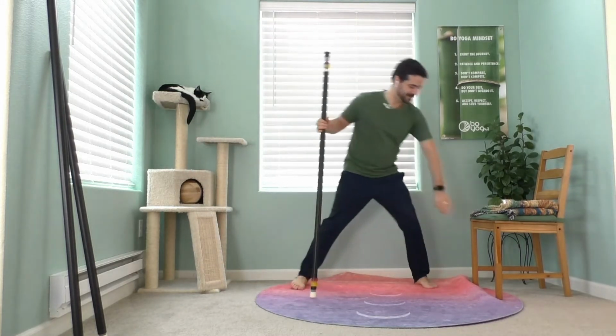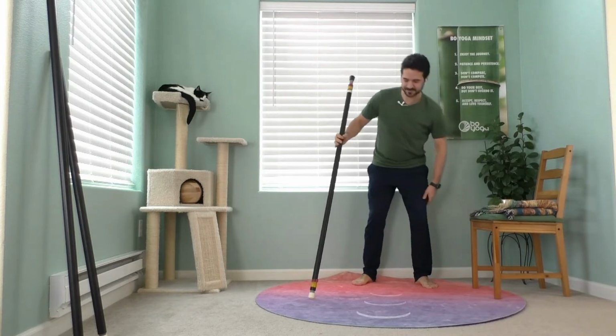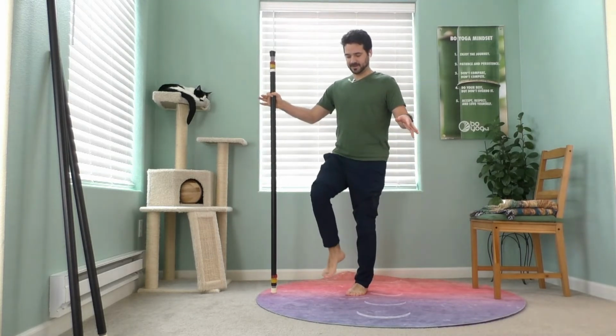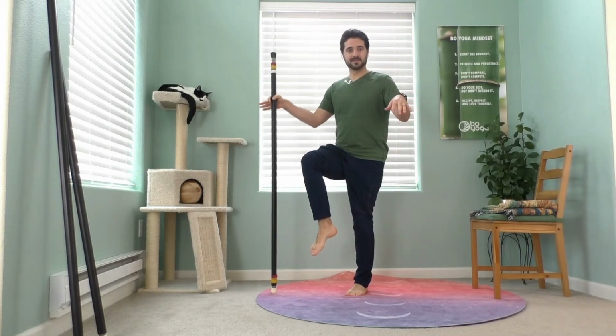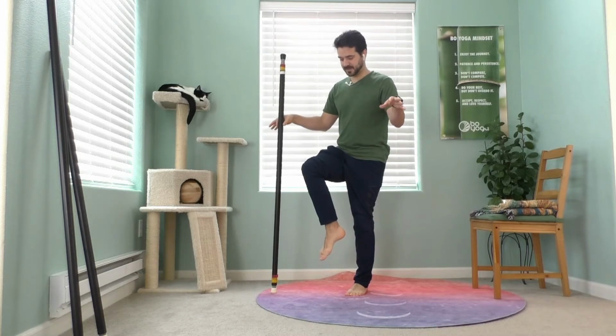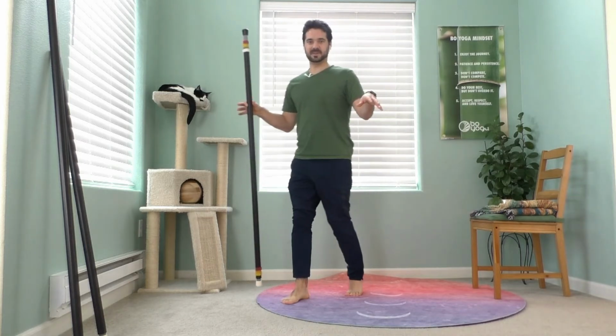Okay, nice. And now the next one is the stork step. So you know how the stork can just stand there on one foot and wait for the fish for like a half hour? We won't do that long, but 5 to 10 seconds if you can. Hover